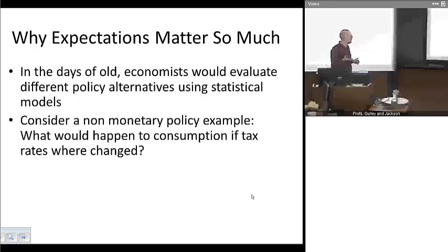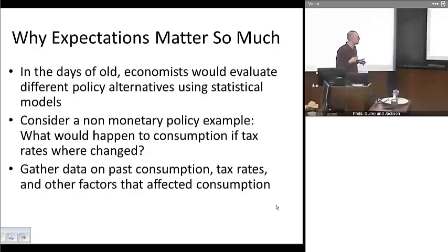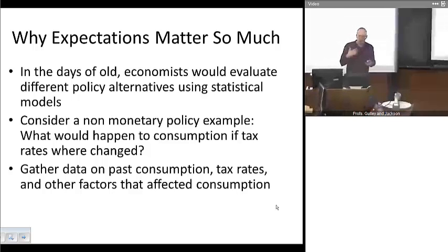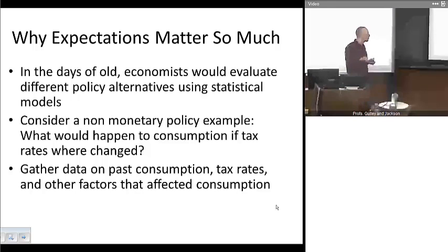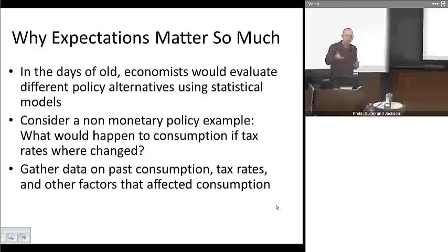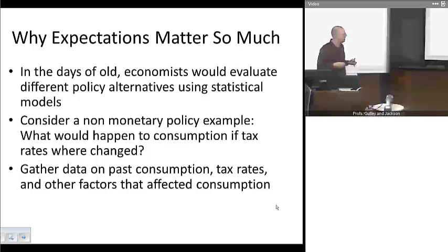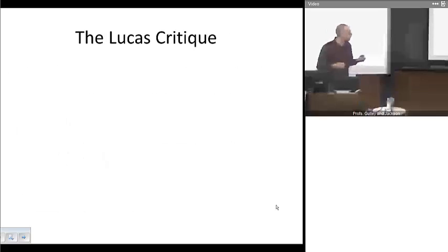And there's a number of different ways they can do this. And one particular example would be from using fiscal policy. Suppose, for example, that Congress and the President were thinking of changing tax rates, and they might want to know how consumption might react to a change in tax rates. And so what they would do is they would gather data on consumption, gather data on tax rates, and various other things that might affect consumption, such as wealth and interest rates, liquidity constraints, and other factors that you learn in your macroeconomics classes. And they would build a statistical model.